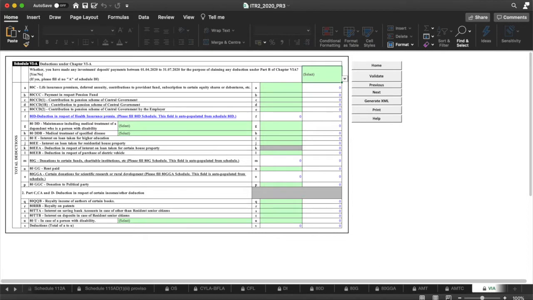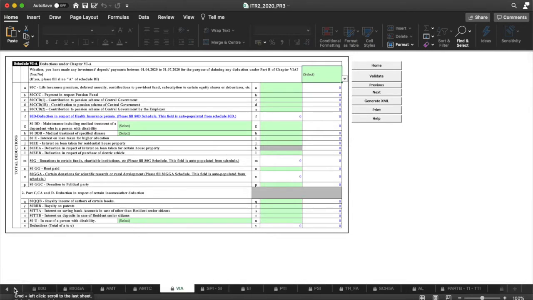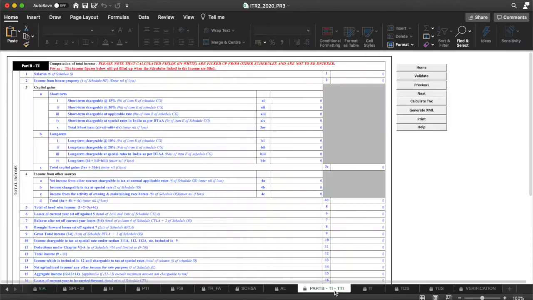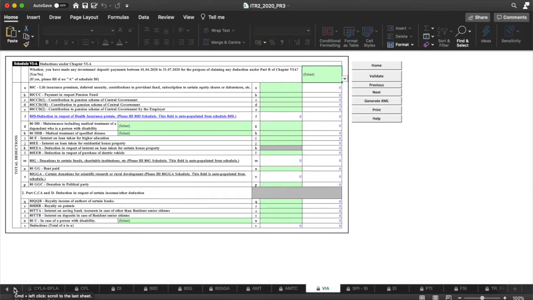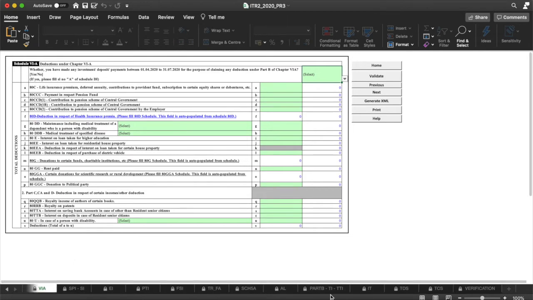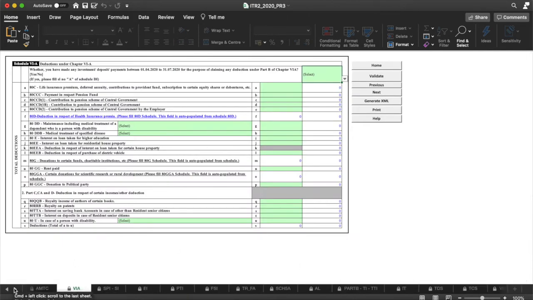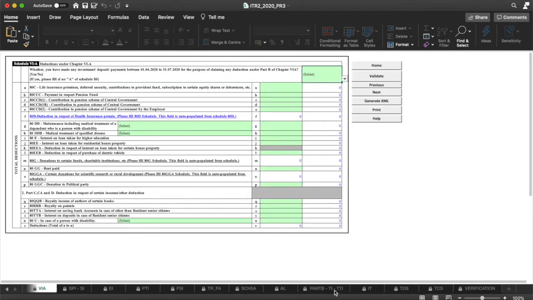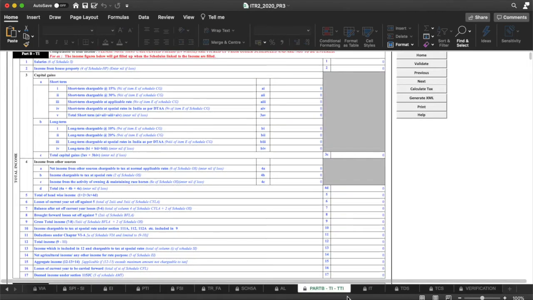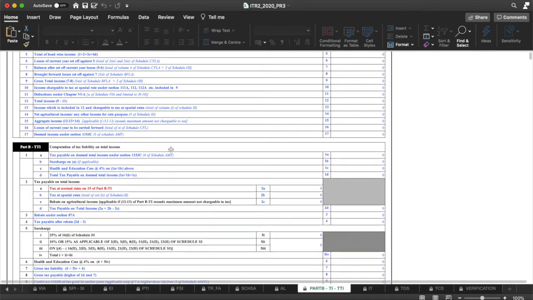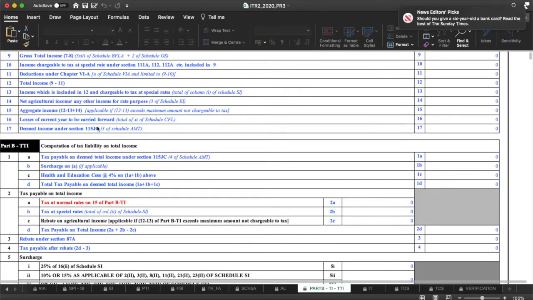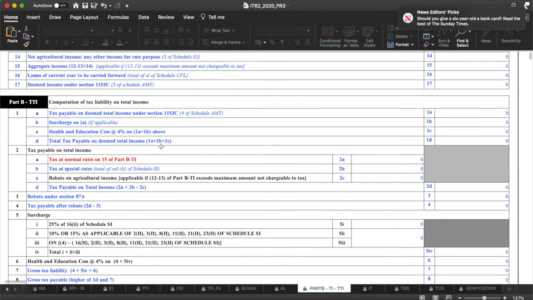In this page you have to update the investments you have made under 80C, then you can update 80E, 80GG, 80GGC, etc. Under 80C, you can claim up to 1,50,000, and you also have the option for 80D, which is in a different sheet altogether. There you have to update the insurance payments you have made for yourself and your parents. In the Part B TTI sheet, you will find the details of tax we have filled in the rest of the sheets, and the total will come there.